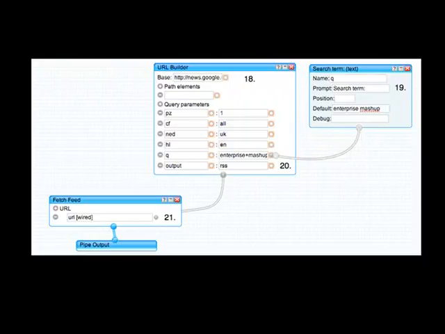And one of the parameters there is called Q, and Q is a parameter you see in a lot of search-based URLs. It's where you usually type the query terms. So what I can do is wire in a search term box, so on the front page of my Yahoo pipe, I can get a search term box. And I can construct the URL for Google News RSS around that search term, and then pull it into my feed. Okay? So given search terms, I can construct a Google News URL,